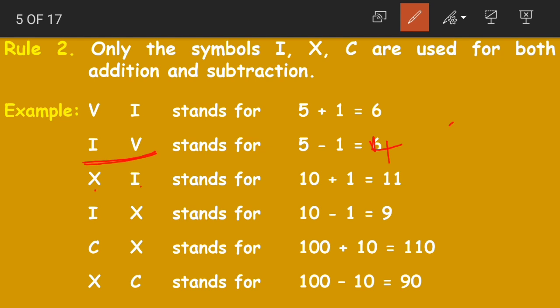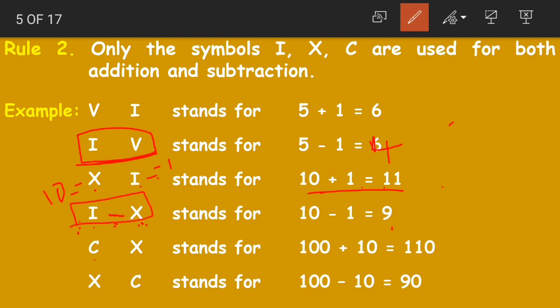Next is XI. Again, X is equal to 10, I is equal to 1. Now 10 plus 1 is equal to 11. Right? Now again IX. Now this is the lesser one and this is the greater one, so we have to subtract X minus I. That is 10 minus 1, which is equal to 9. Understood, children? Just like IV, we have IX here.